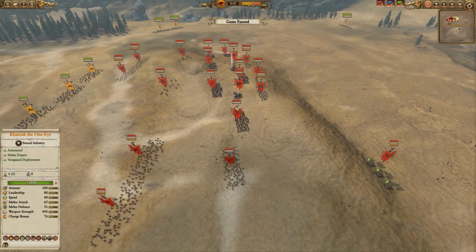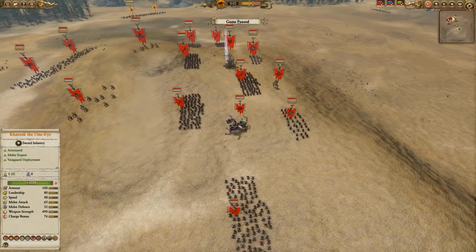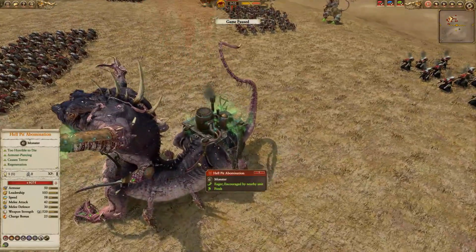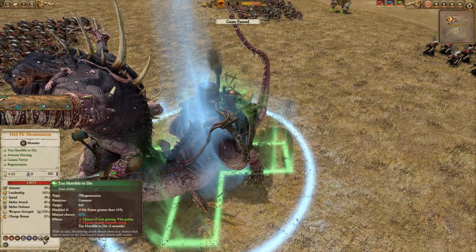So they got a lot of anti-large there, including the Hell Pit Abomination, which is another anti-large armor-piercing unit for the Skaven. It's a monstrous unit. You don't see this too often, but I do like it. It's a little tankier than you might imagine, because it has Too Horrible to Die. So when the hit points are lower than 10%, there is going to be...